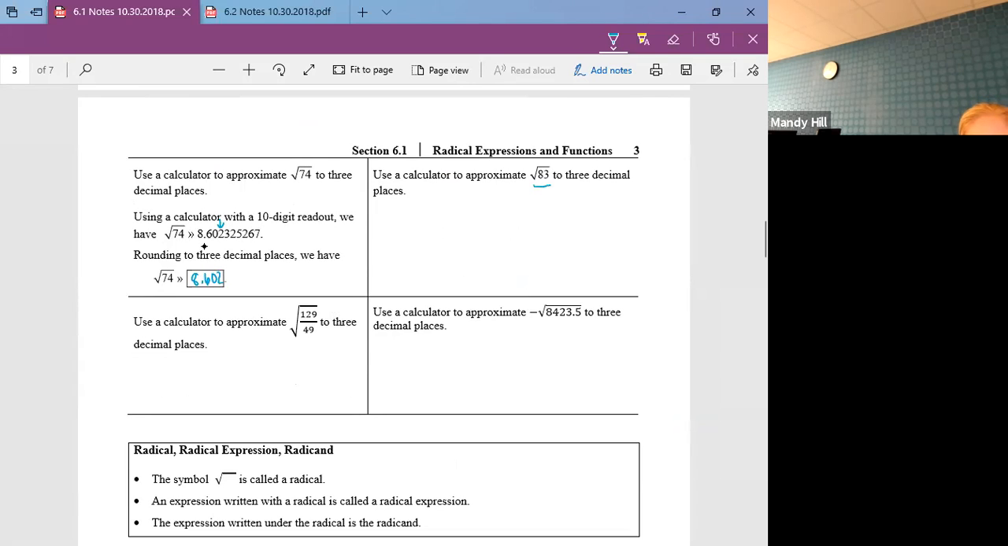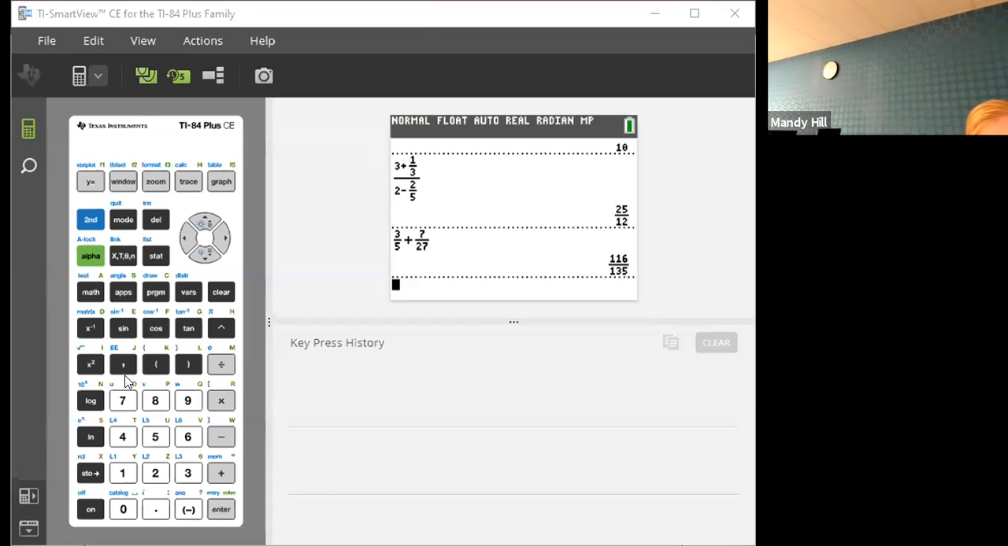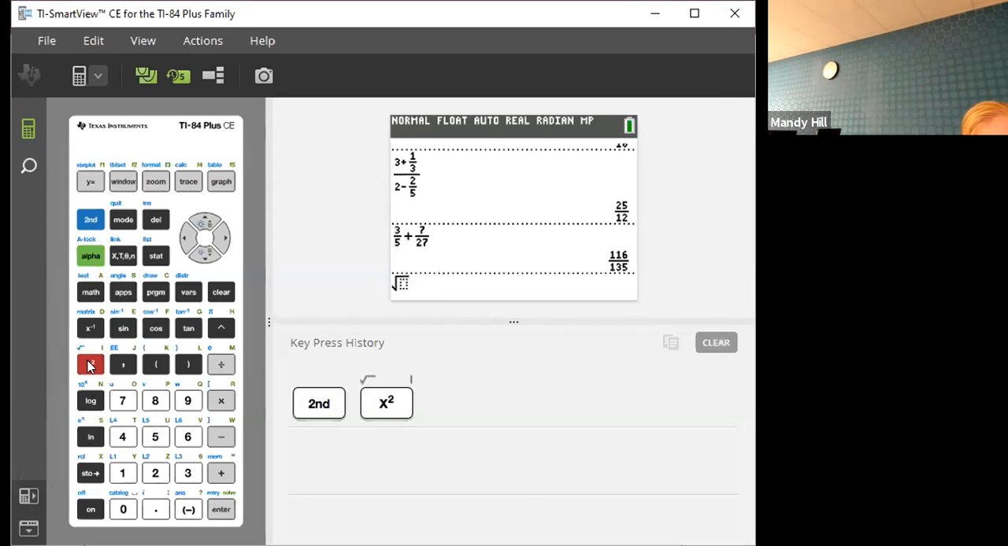They want us to use the calculator to approximate the square root of 83 to 3 decimal places. So let's go to the calculator and make sure that you're able to type this stuff in the calculator. So if I want to type in the square root of 83, okay, right above this, if you go straight down this first row, we run into x squared. And right above that, there's a blue square root key. Yours might be a different color, but to get the blue to come up, we want to hit second x squared. Then it gives me a box, okay? And then it says we want to find the square root of